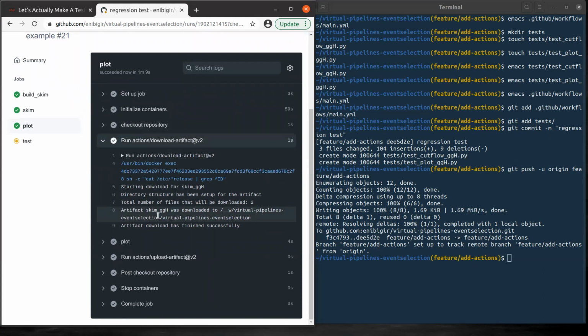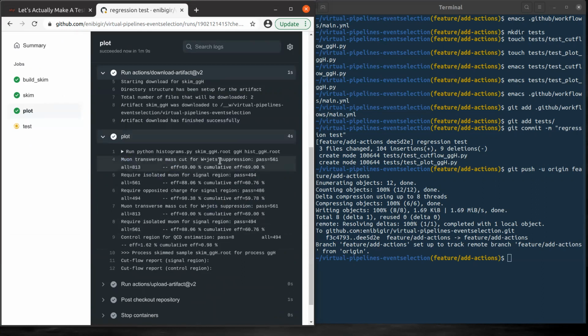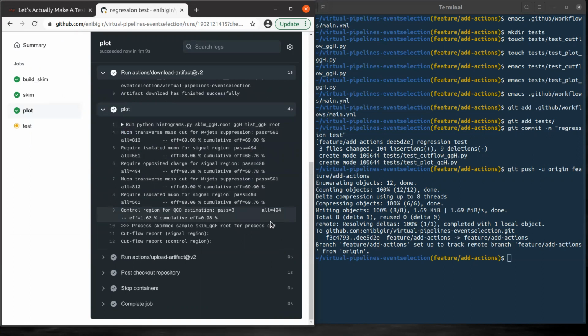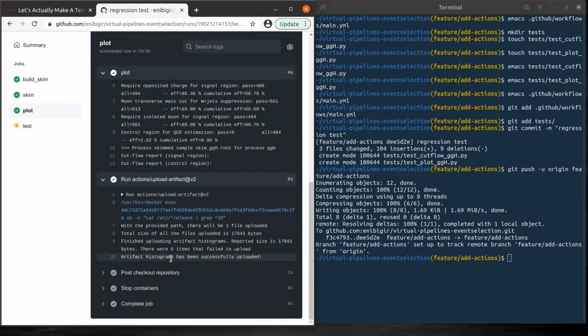Okay, the artifact was downloaded. Then you can see the histogram producing here. We also ask to upload the output file, which, as we can see, has been successfully uploaded.